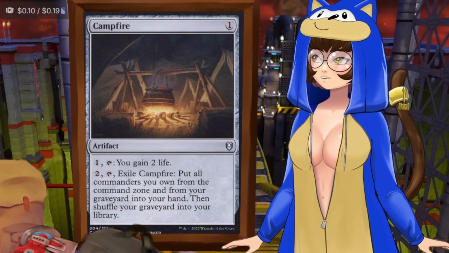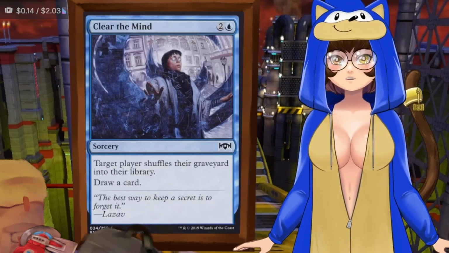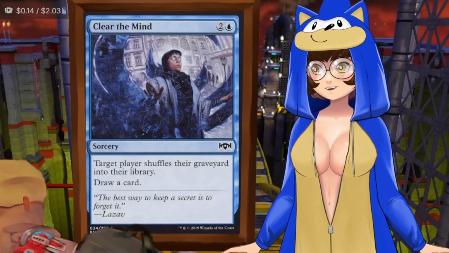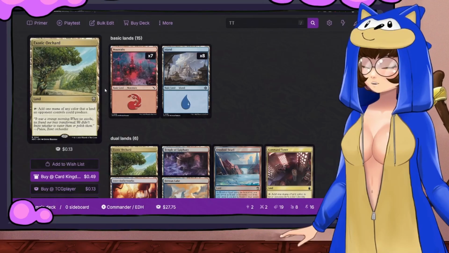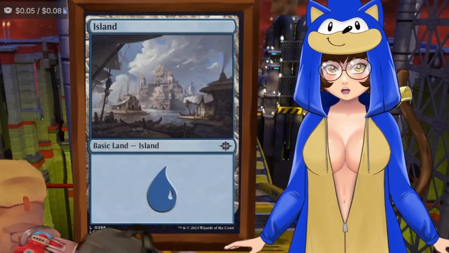And while not ramp pieces, I forgot to talk about these guys. Campfire and Clear the Mind are doing the same thing, letting us shuffle our graveyard into our library so that we don't die to our own commander's abilities. Then moving on to the lands, we are running 7 mountains and 8 islands